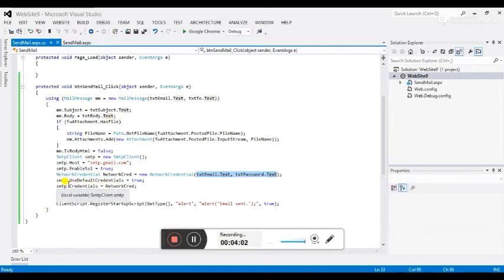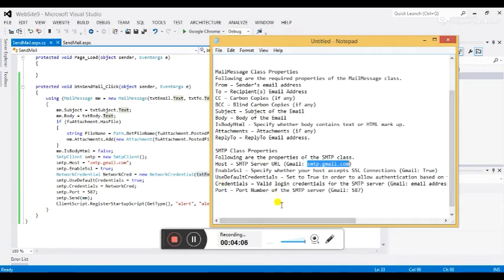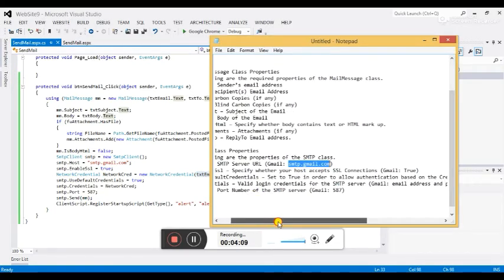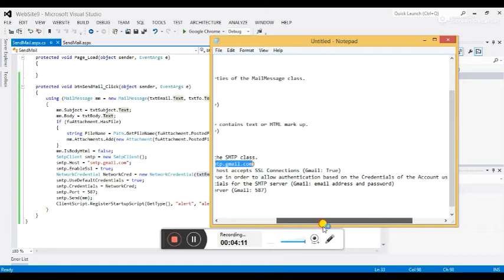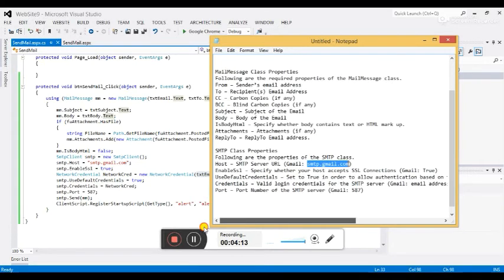Now you can see that I have set UseDefaultCredentials equal to true. This is the reason: set it to true in order to allow authentication based on the credentials of the account used to send the emails. You can see that this is my credential.